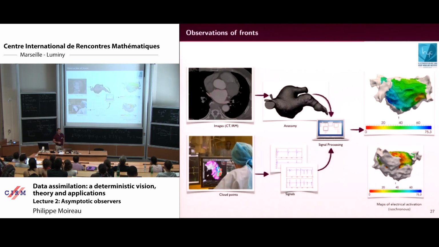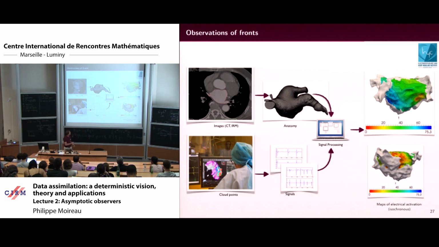Problem in electrophysiology, again with shape measurements. So when people, like in Bordeaux, what they do is that, so this is an atria, so part of the heart, they put a vest on you, and they try to recover the electrical activation. So very strong, ill-posed inverse problem. I just passed the first part. They try to recover time of activation on the heart surface. I will not discuss this inverse problem.